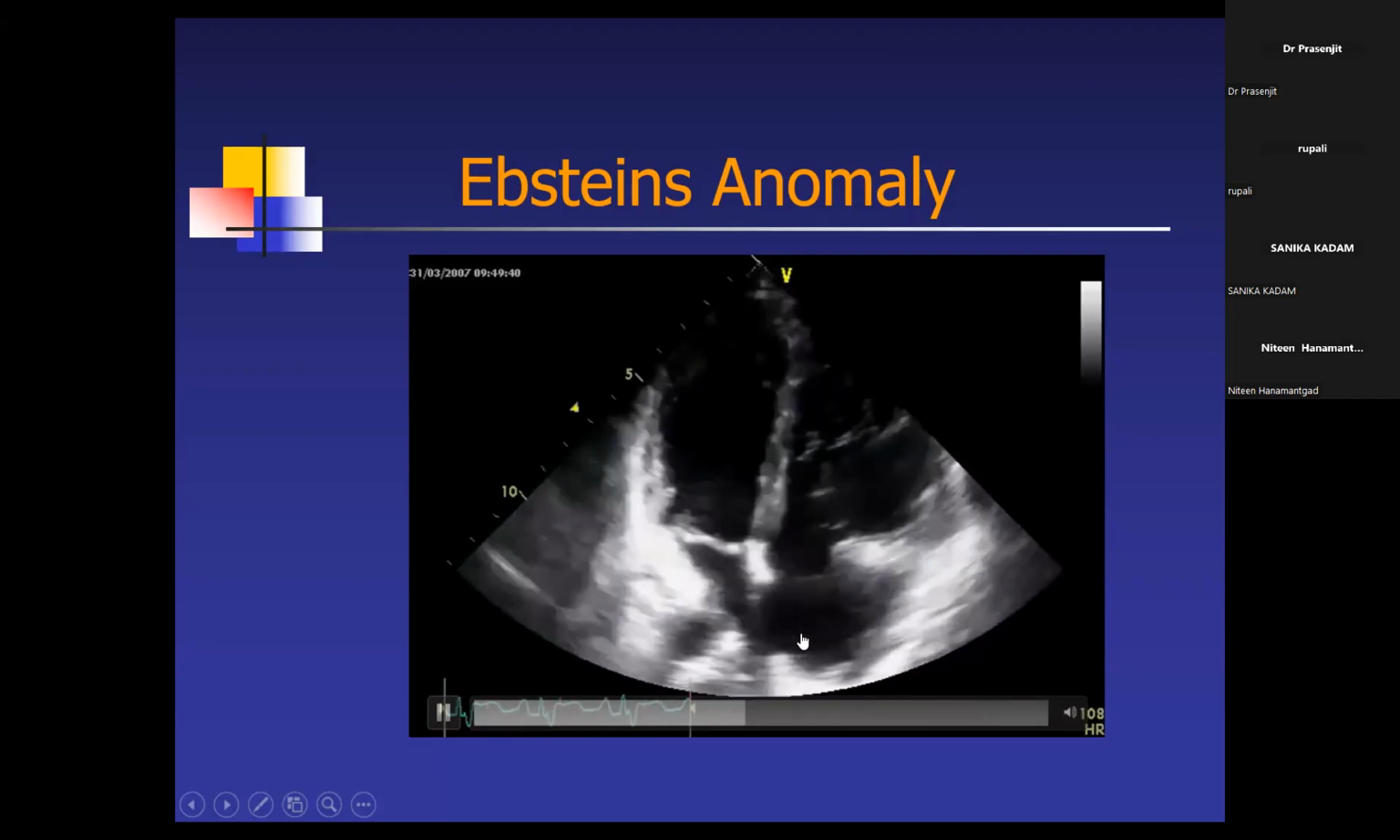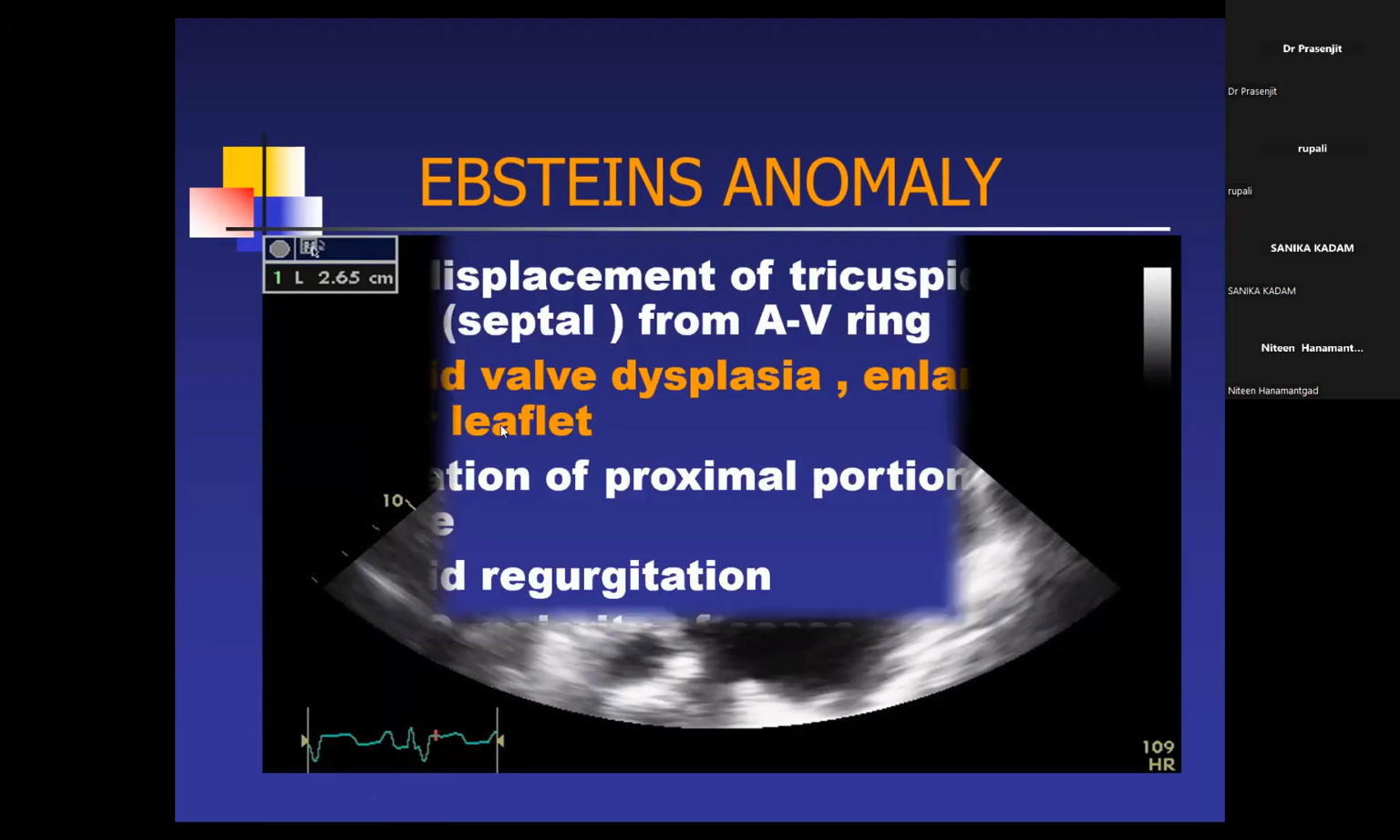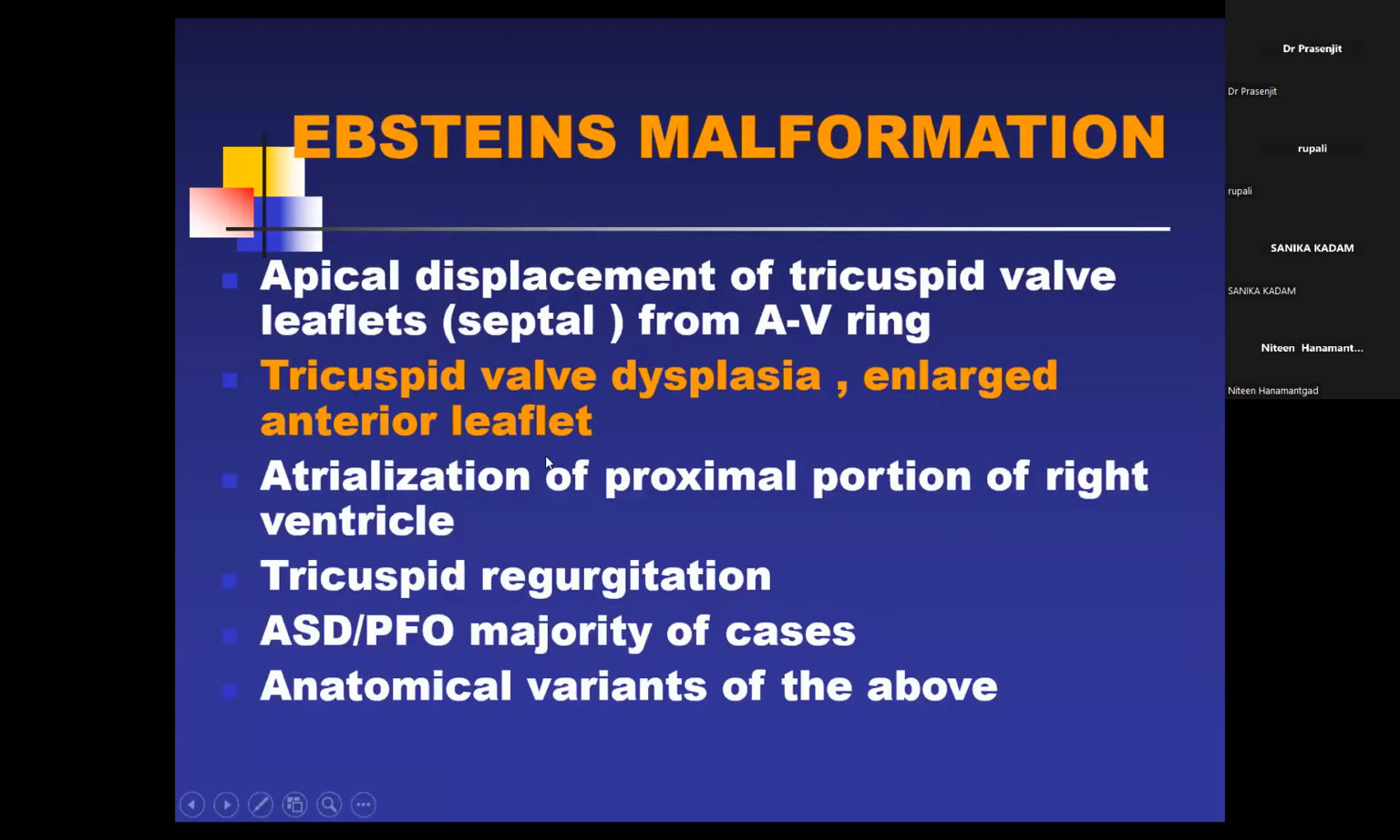Now you see this is about 26.5 millimeters. In adults it should be near about 15 or 8 millimeters per meter square if you take it by the body surface area. But here it is significantly displaced. So the second thing is a large